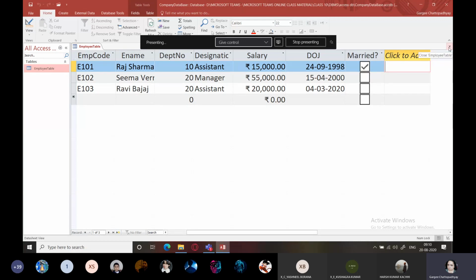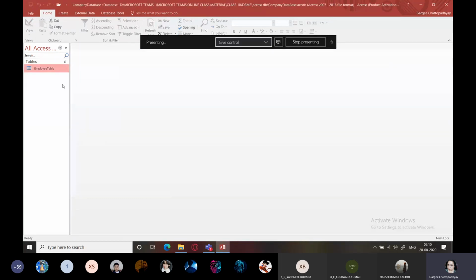So for this, first we will close the table from here, and now we would be going to the create tab. Now the thing is, I had already explained to you that a database is a file which contains a collection of tables, that is many related tables. So it's not like for creating one table you have to always create a new database. No, within one database you can create a collection of tables. एक ही database file के अंदर आप बहुत सारे tables को बना सकते हैं.